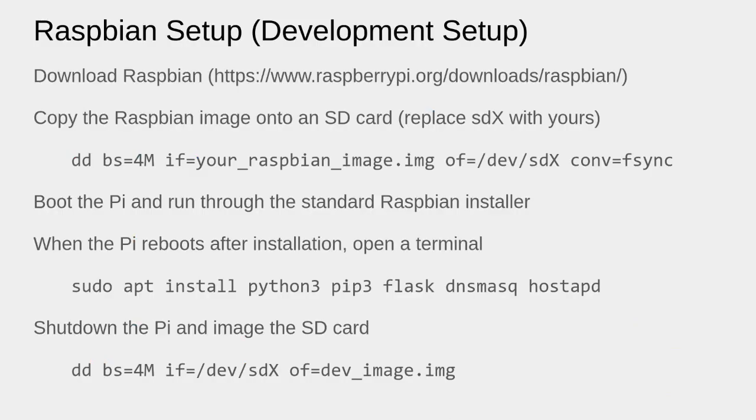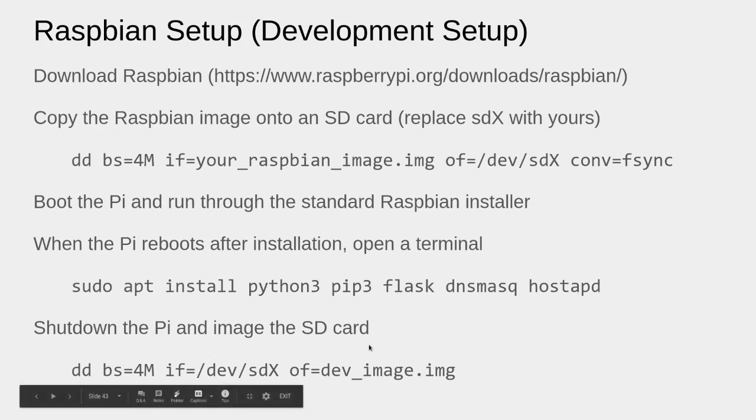The Raspberry Pi setup, first off. I grabbed the latest operating system, which is Raspbian, so I downloaded that. Then I had to make a copy of it onto an SD card, so I DD'd it over. That's fine, I'll give you these if you want to look at the commands. Then I booted the Raspberry Pi, went through the standard Raspberry Pi install, added some extra Python packages and stuff like that. And then I shut down the Raspberry Pi, and I made a